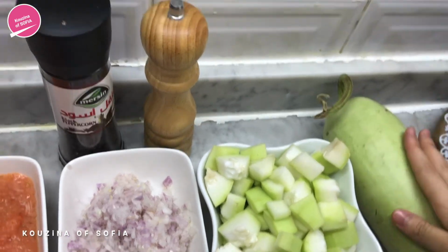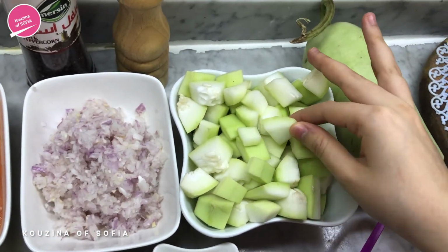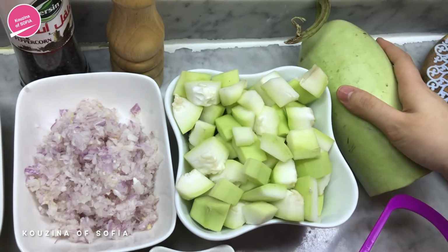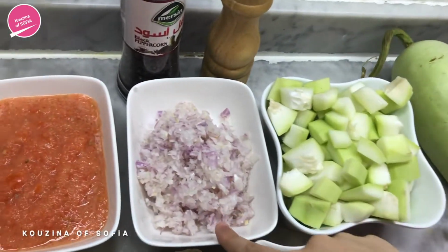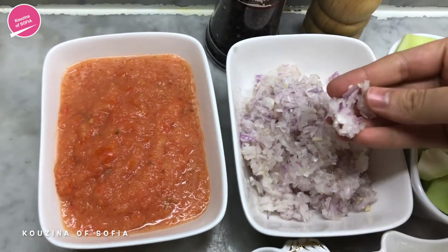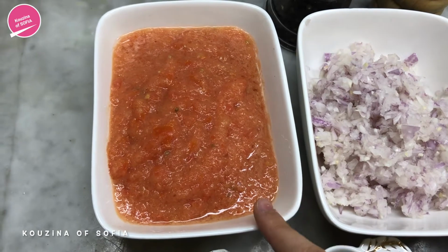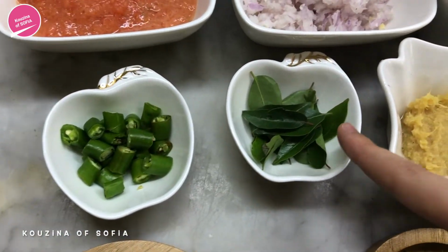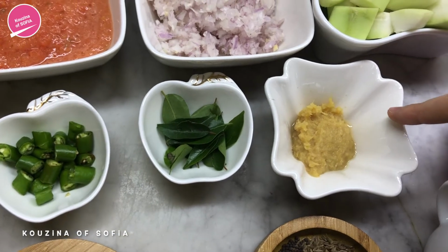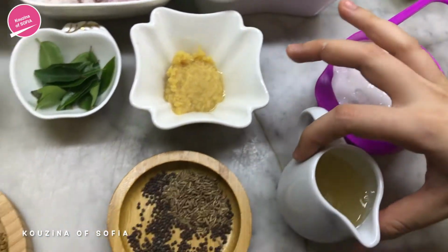For this recipe here, we have half a bottle gourd, or what they call Lauki, I believe. We need half of it. Here we have 2 medium onions that are finely chopped because we want the gravy to be smooth and silky. 2 medium tomatoes blended. 2 chilies, some curry leaves, 1 tablespoon ginger garlic paste, a cup of coconut milk,